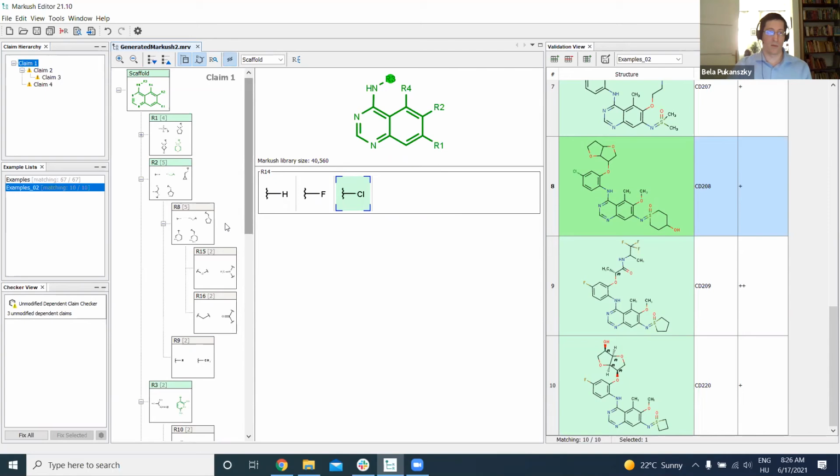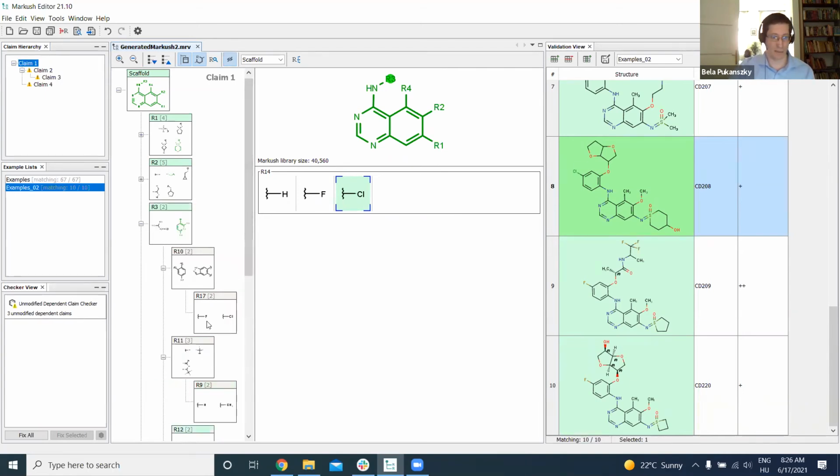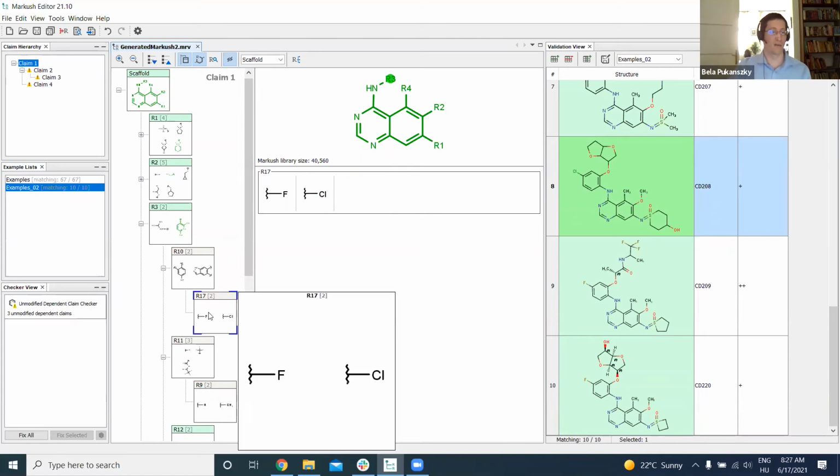So now we want to go a bit wider. We want to generalize a bit. I believe, for example, the definition of R group 17 is a good candidate for that. So it contains fluoride and chloride, but I believe we might even consider for this position bromide or iodine. Obviously, you can just add the